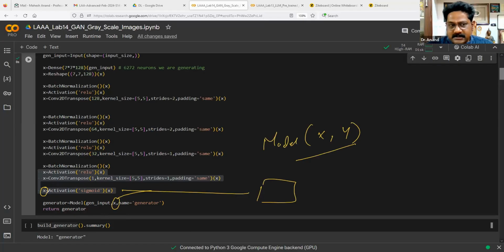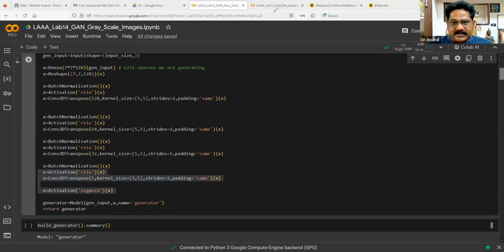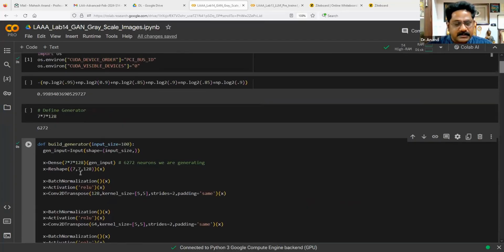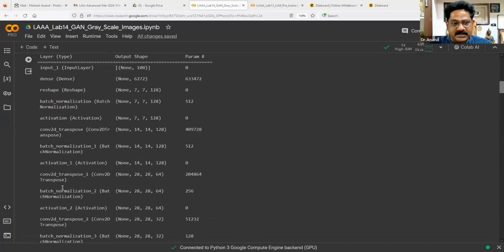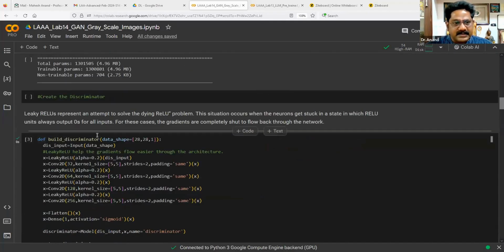Maybe this term confuses you. Better you can rename this as Y. Not an issue. Everywhere you just make it Y so that you will not get confused. So input comma Y. So your generator has been written as a separate block. Similarly, your discriminator is defined as a separate function. So you can run this and you can see the summary. You can understand the flow. Similarly, the discriminator